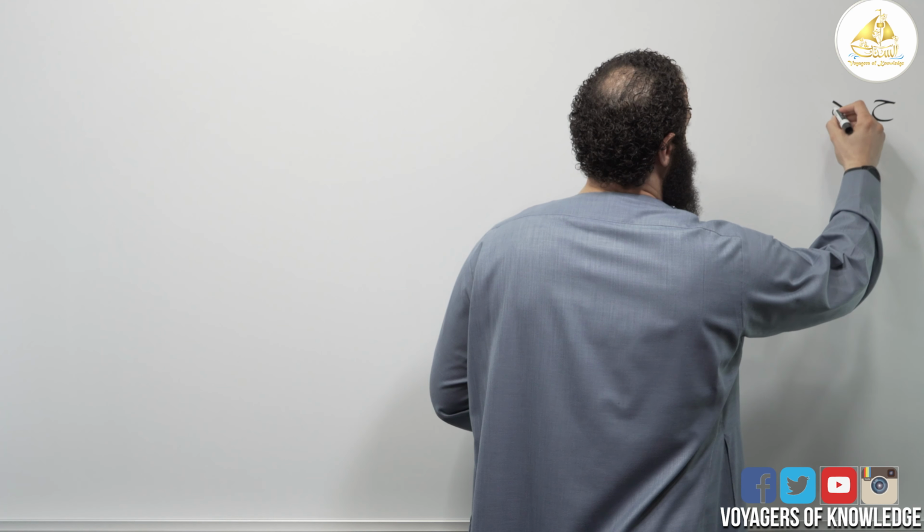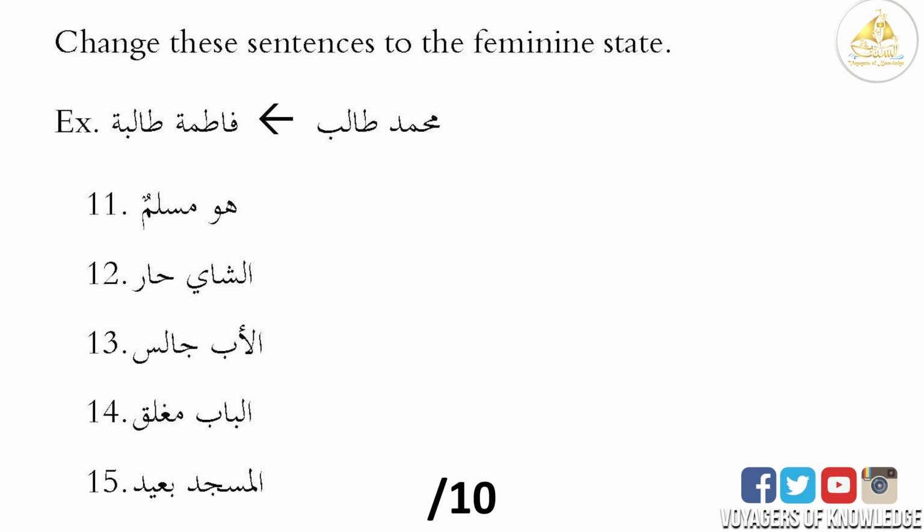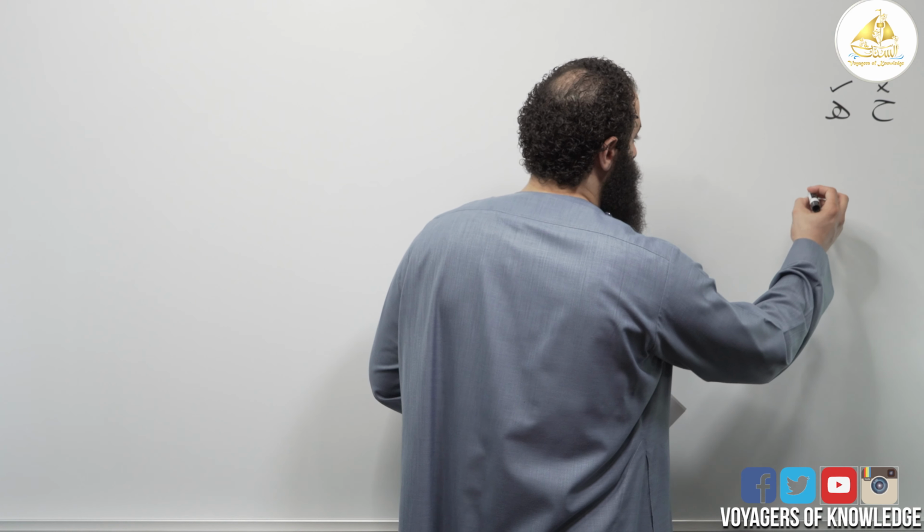The next section, change these sentences, is worth 6 points, the previous one from 6 to 10. And now this new one, change these sentences to the feminine state. This one is worth 10. And here there is some flexibility. He says, huwa muslimun. For number 11, you should say,